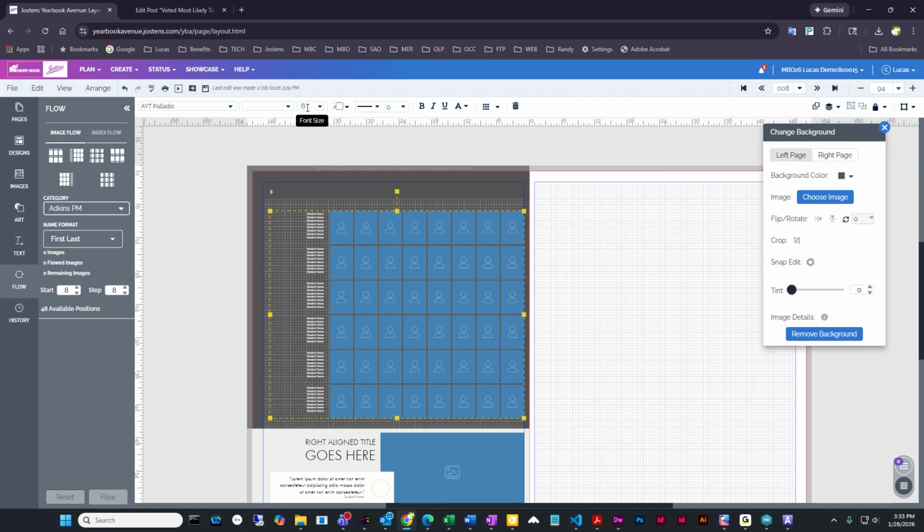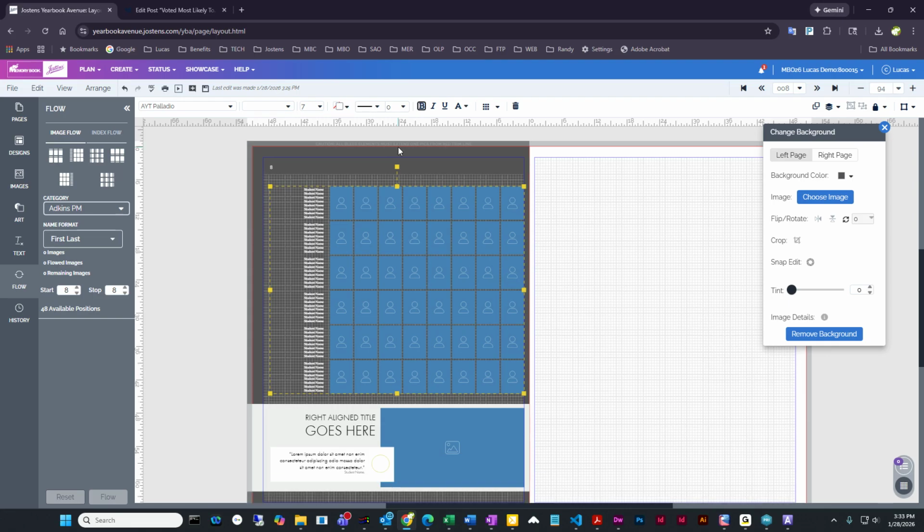6 is okay. Now you can sometimes manually type in here. I'll do 7. 7's a little better. I can hit bold. Okay. Now another thing you can do